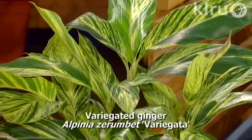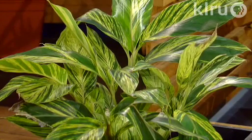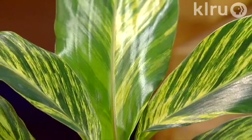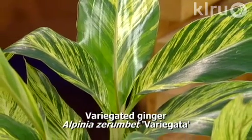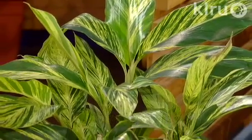Right. And it's got that golden kind of color to it, which I think is really stunning. And again, I like to plant these in odd numbered groups, and it really quickly provides that naturalistic look in a garden, a very soft kind of quality, and again, brightening up a dark corner. So variegated ginger, kind of a long-time favorite now in area gardens. Yep. Next to that, we have